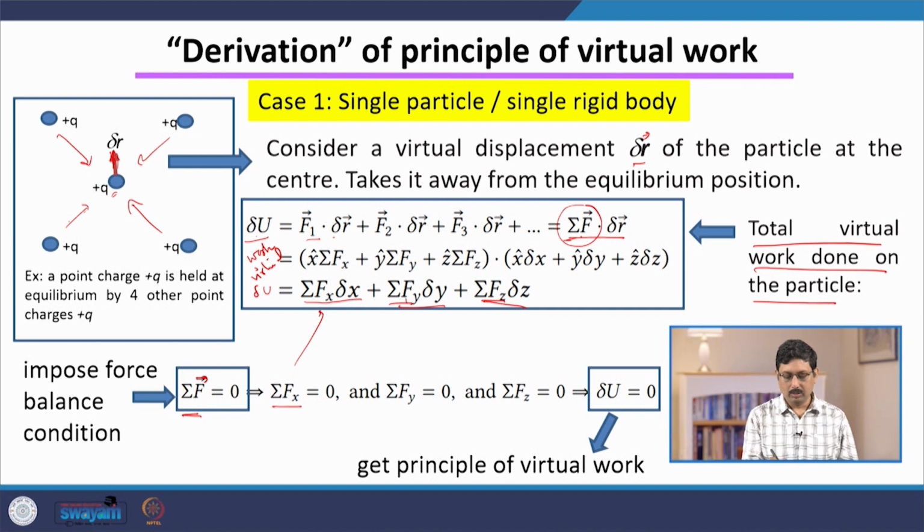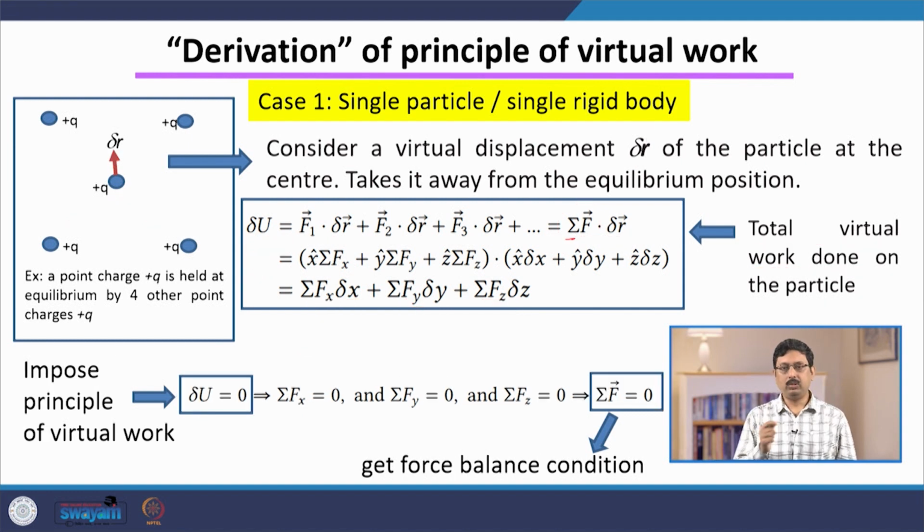Note that F1, F2, F3 etc. are all the external forces. From this calculation it is clear that we only need to consider the forces that do virtual work. Now, if I do the other thing, that is you impose that delta u is 0,